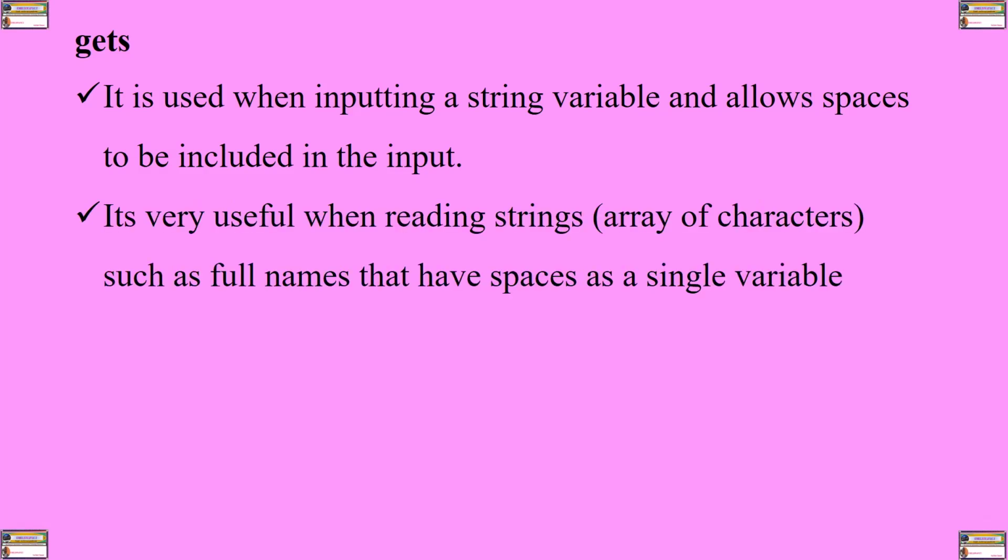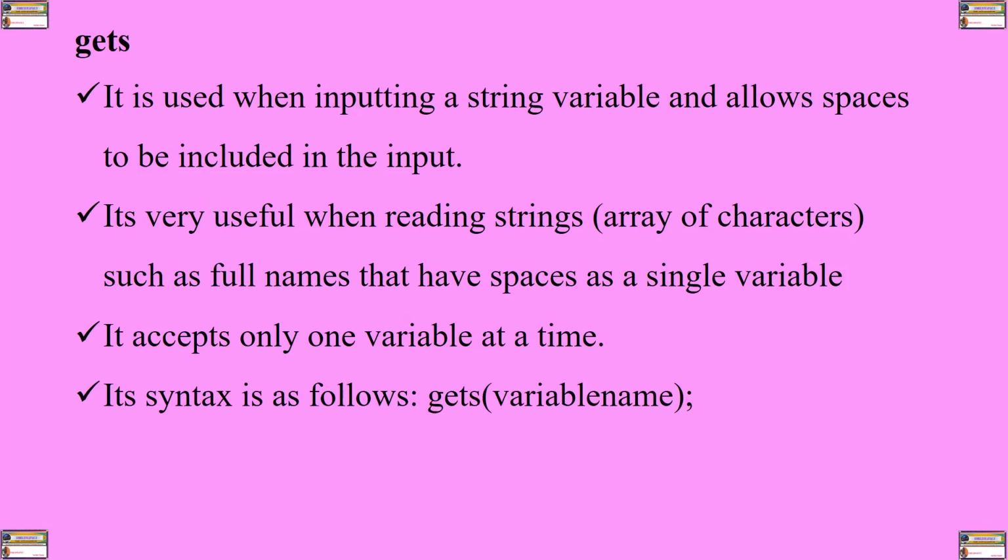It is very useful when reading strings or arrays of characters, such as full names that have spaces, as a single variable. It accepts only one variable at a time, and the syntax is as follows: gets, parentheses, variable name, semicolon. For example, gets(yourname);